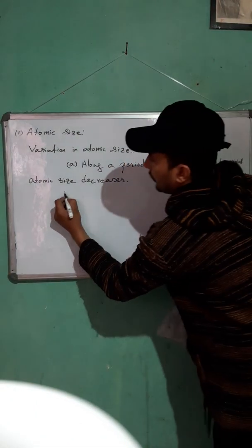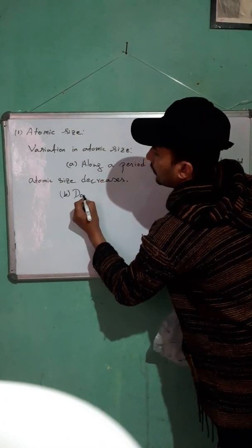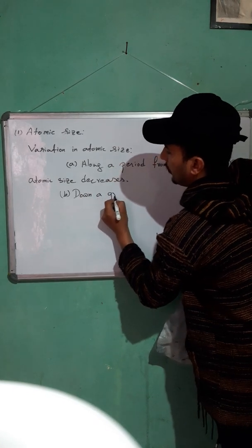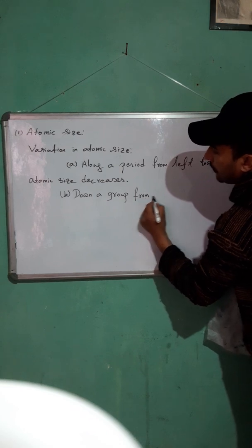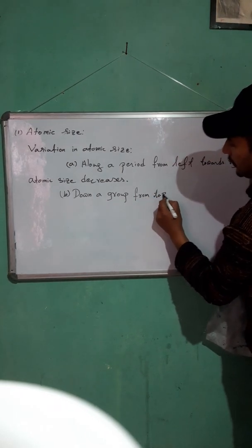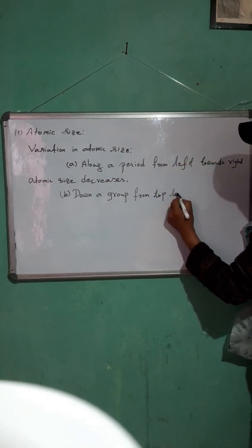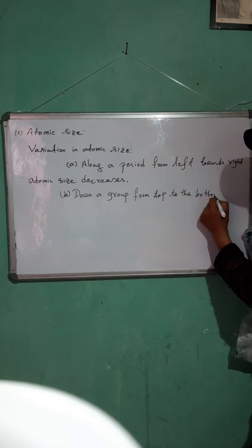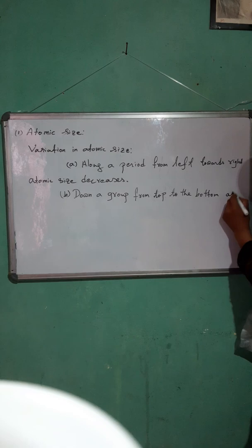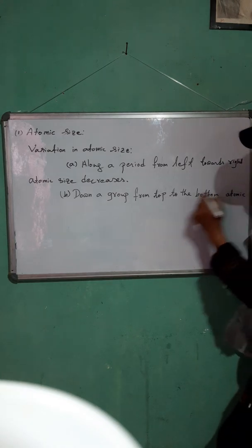Number B, down a group, from top to the bottom, atomic size